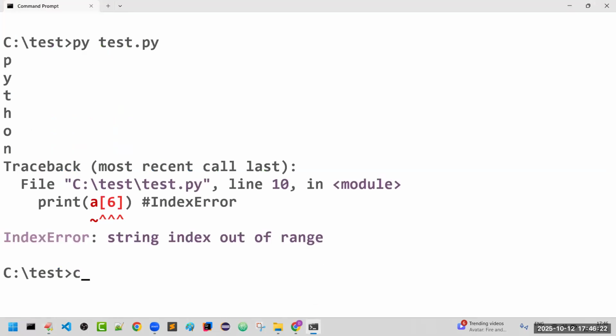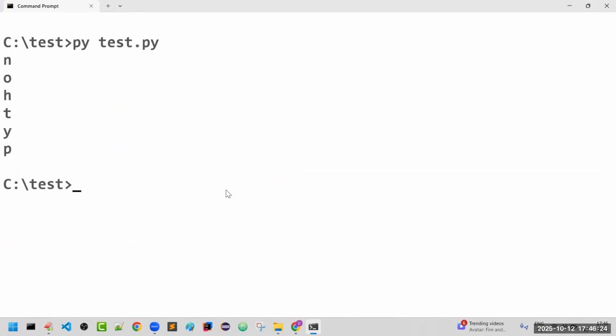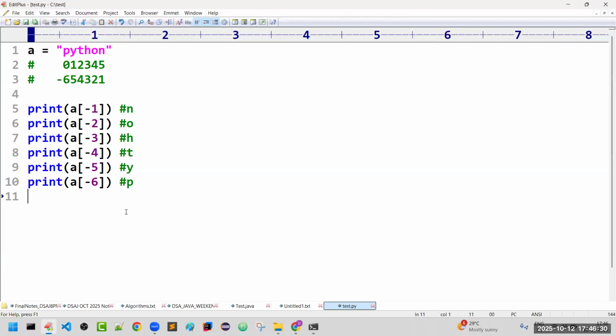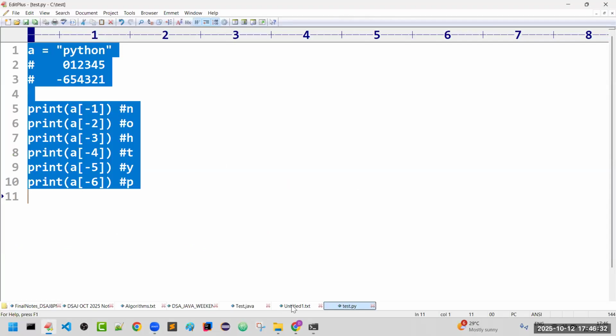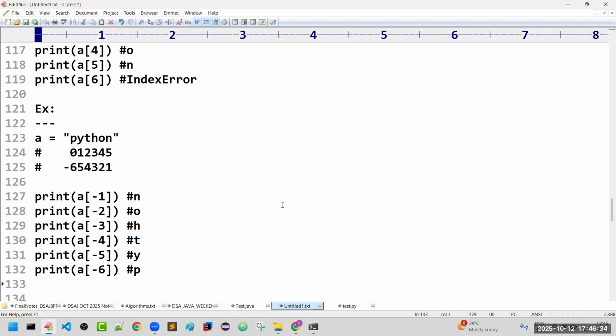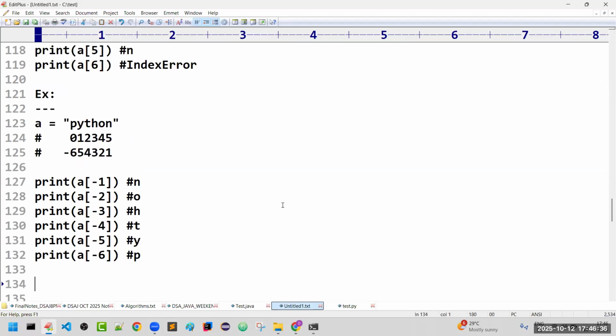Let me check whether it is working. You can see the characters printed in reverse order. This is how you can fetch characters in both the forward and reverse directions.